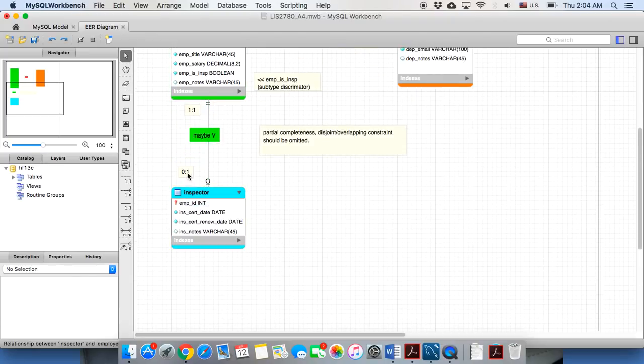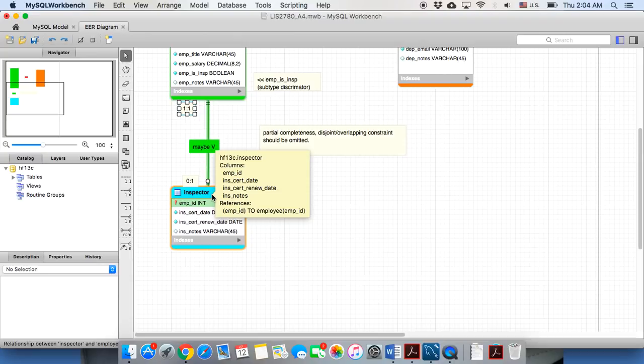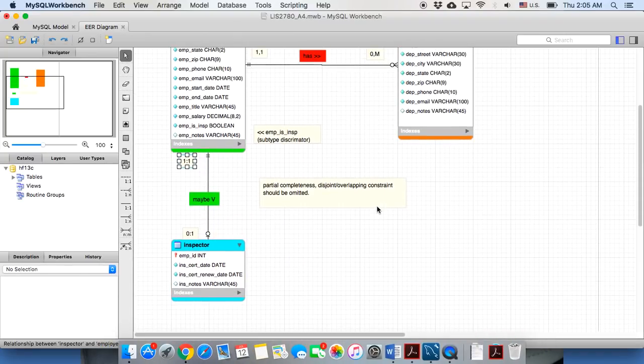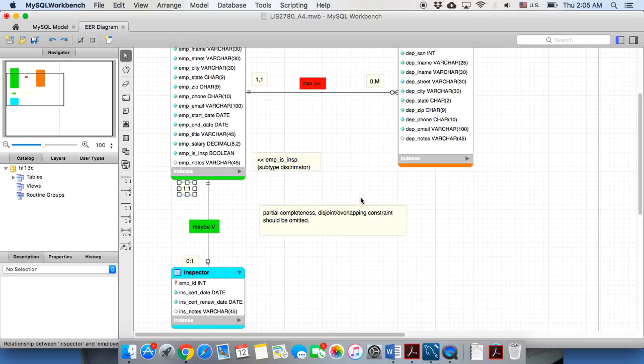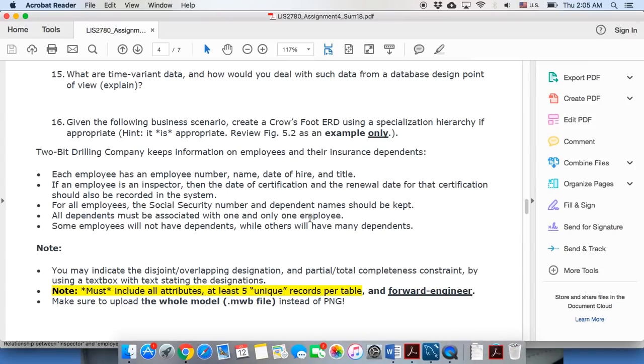So as you can see now, here the minimum connect becomes 0 and the maximum connect becomes 1. So you can say one employee may also be one inspector, but one inspector must be one and only one employee. And yeah, that's for those three tables. And I think according to the business rule, yeah,